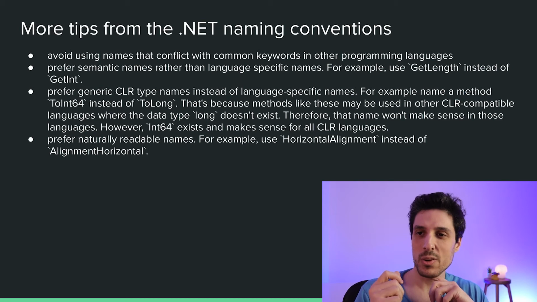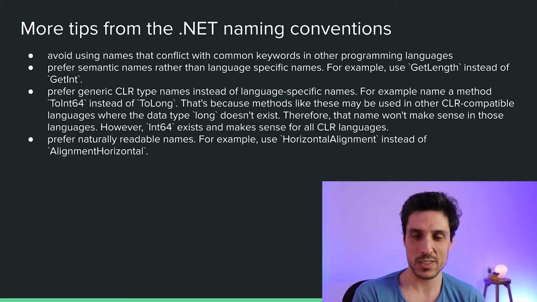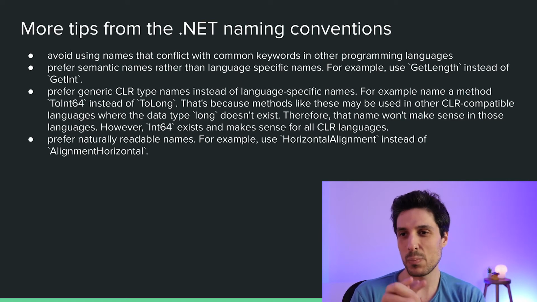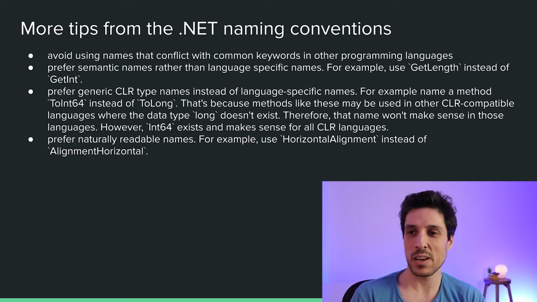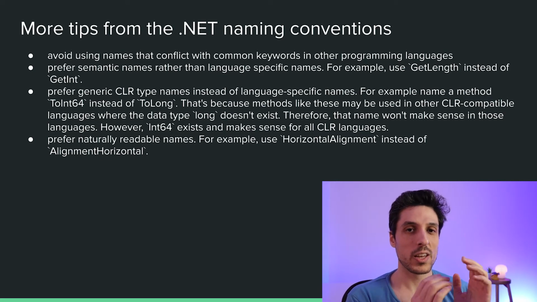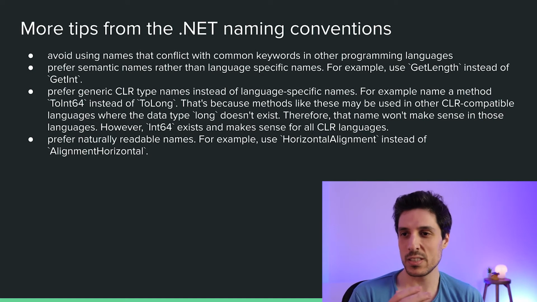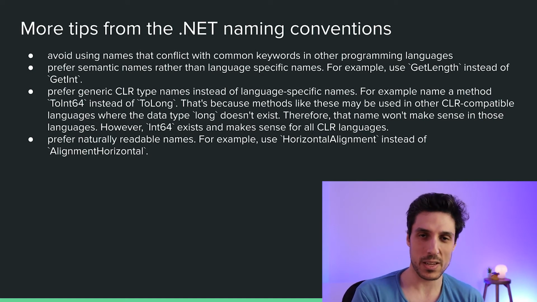So those are: Avoid names that conflict with common keywords in other programming languages. Prefer semantic names rather than language-specific names. For example, have a method called getLength instead of getInt. And prefer generic type names instead of language-specific type names. So for example,